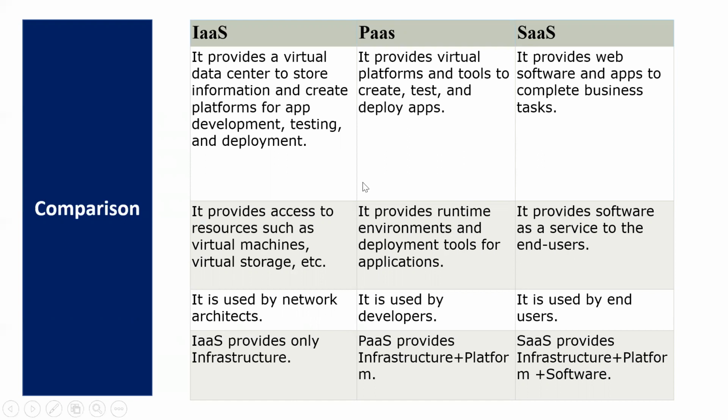The second thing is access. IaaS access is provided through virtual machines and virtual storage. PaaS provides a runtime environment and deployment tools for applications which are required. And SaaS provides software as a service to the end user. Generally IaaS is used by network architects, PaaS is used by developers, and SaaS